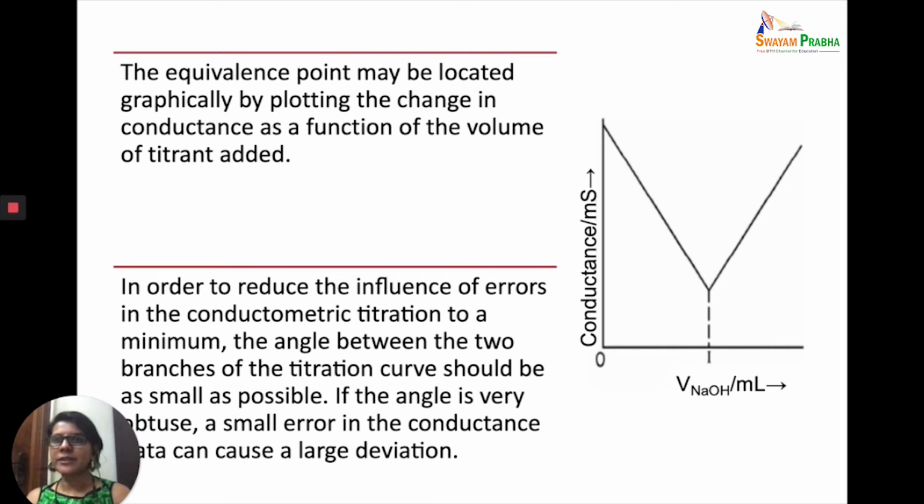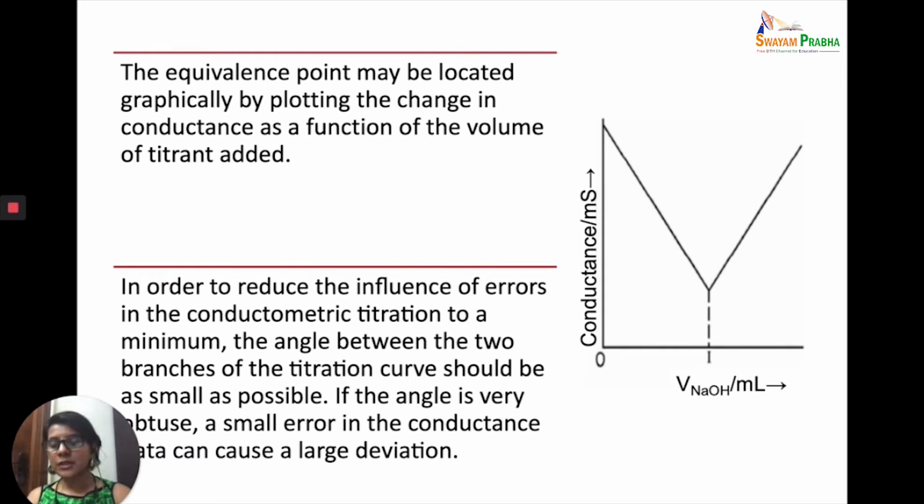In volumetric titrations, the solution in the burette and the solution in the conical flask have the same molarity, because in the conical flask you are only taking around 10 ml or 5 ml, and then you add from the burette. Because you are using 10 ml and the molarities are the same, 10 ml of the titrant will be used. So the maximum volume will be say 20 ml, and the volume change will not be much.